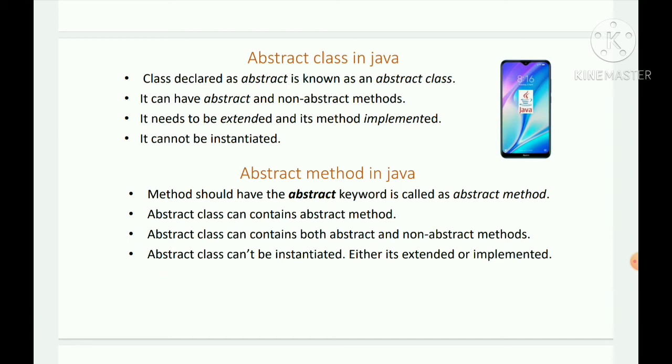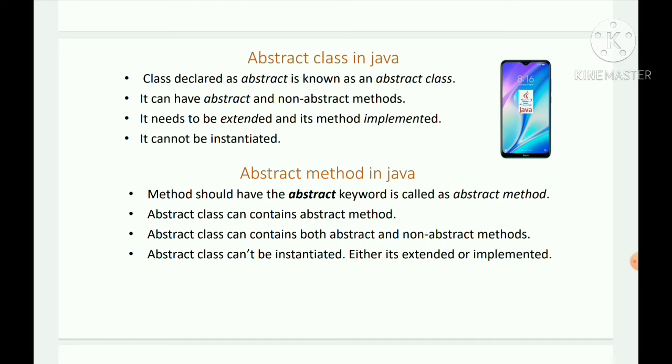Here I am explaining about the abstract class in Java. So what is the abstract class? You can write a class. We already write the simple class, and we give the keyword called abstract. If you write the class and put the abstract keyword in front of that, then it will become an abstract class. So abstract means you need to share the minimal information, right?